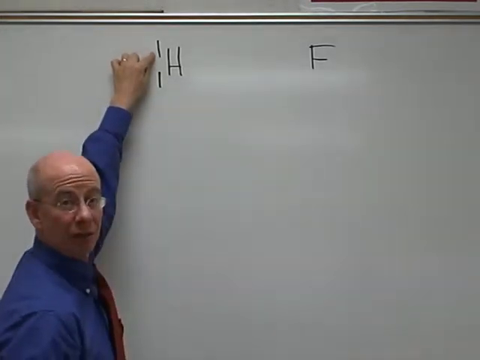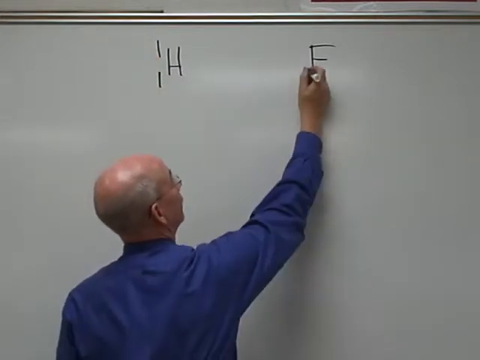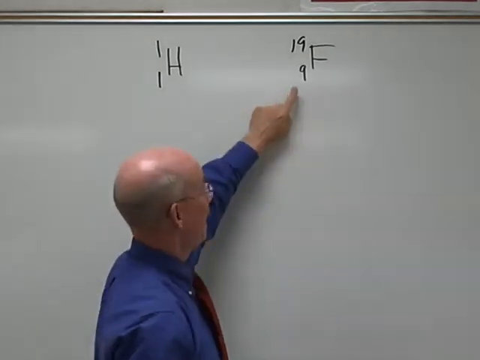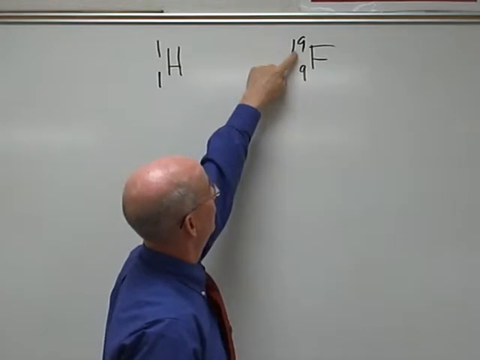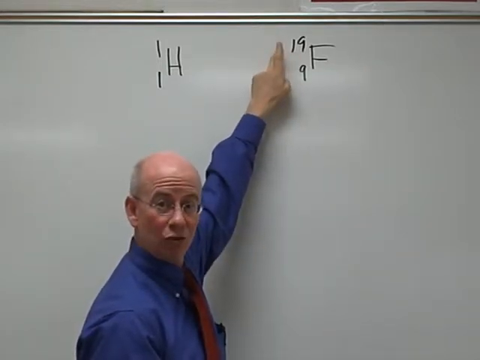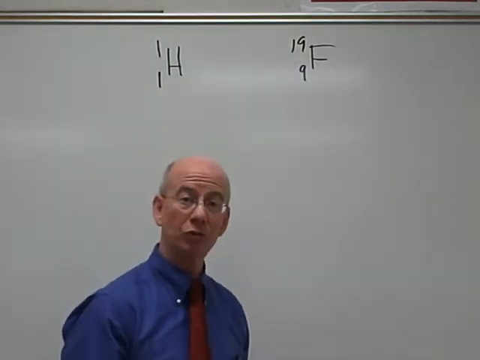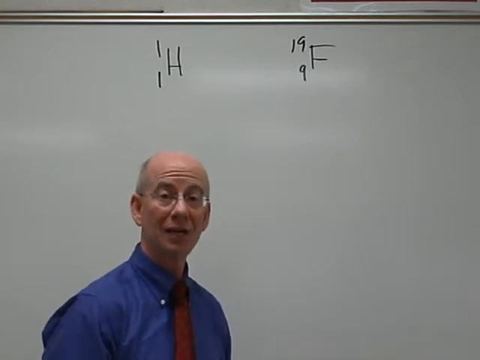This indicates the mass, which is protons plus neutrons, so there's no neutrons here. Fluorine is 9 and 19. So we have 9 protons, therefore 9 electrons because it's neutral. And the mass is 19, so you subtract 9 from that, you get 10 neutrons. Now, both of these atoms are electrically neutral, but as we're going to see, they're not stable, and this is